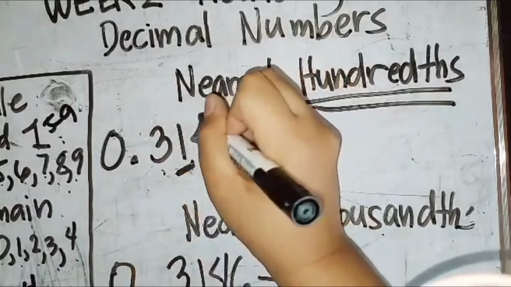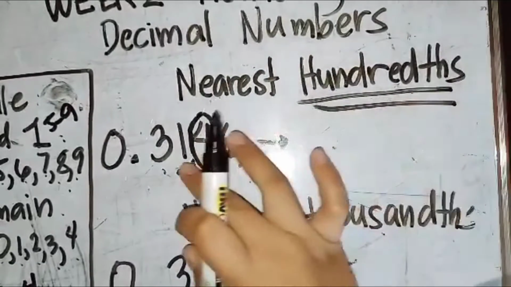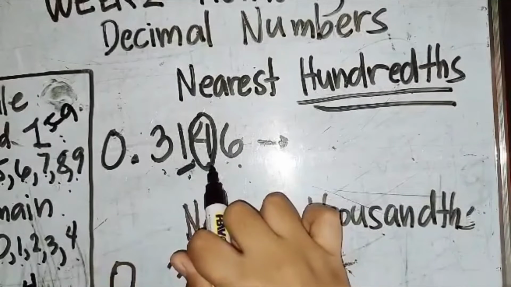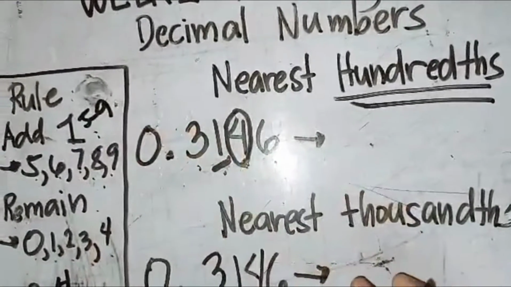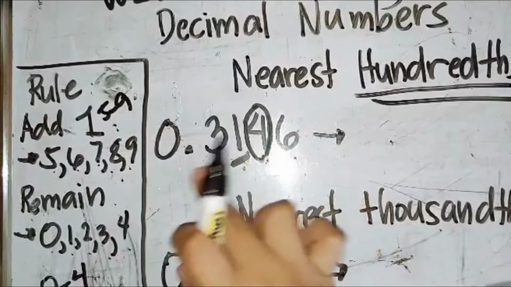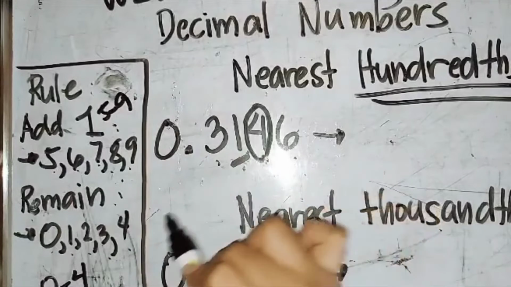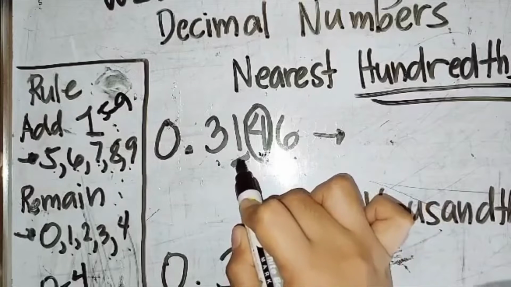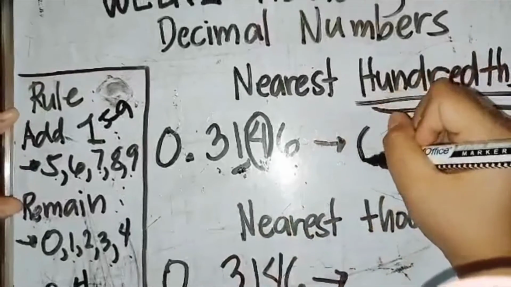Kung ano yung number na nasa kanan niya, bilugan nyo para di kayo malito. So, rounding place, yung ating 1, yun yung nasa hundredths. Yung katabi niya sa kanan, bibilugan nyo, kasi dito tayo titingin para sa ating rule. Okay, so nakita nyo 4 siya. Saan siya kasali? Sa add 1 o sa remain? Siyempre, 0 to 4, siya remain. Ibig sabihin itong rule na to, itong 1 ay mananatili dyan, hindi mo babaguhin. So, pag sinulat mo yan, ganito,